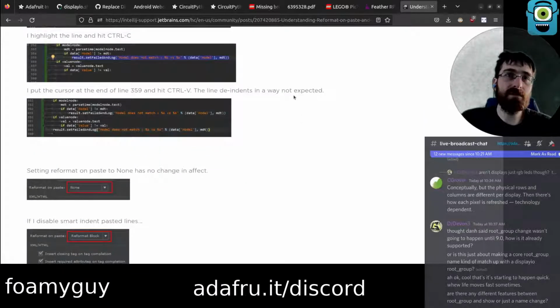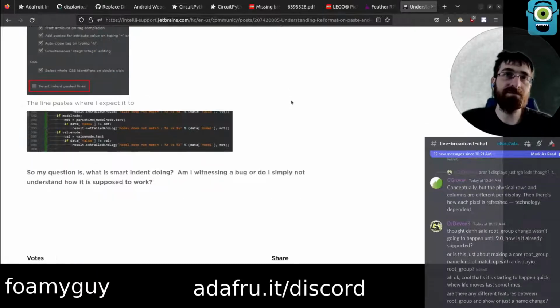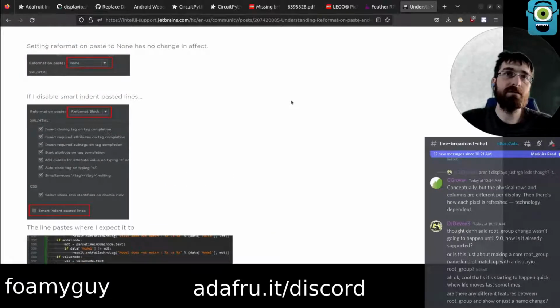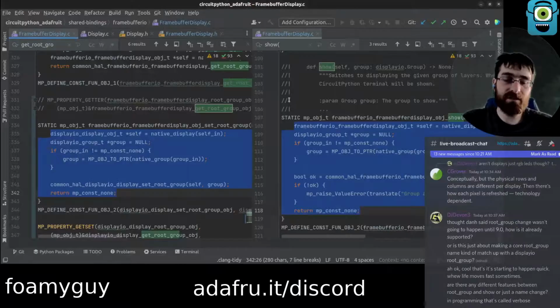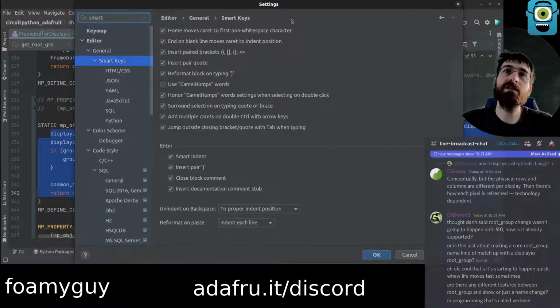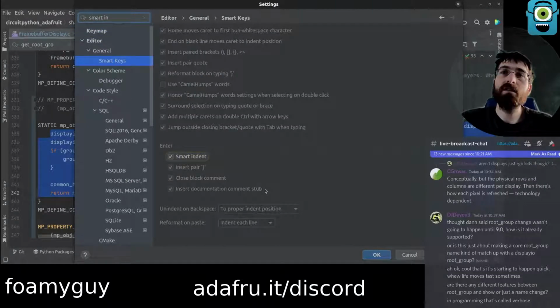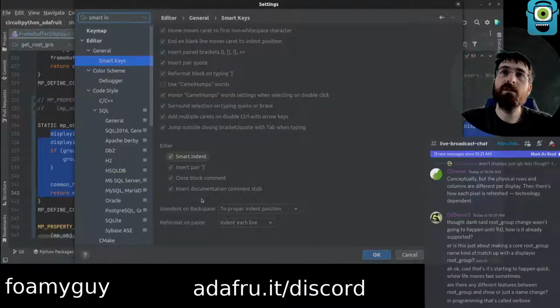Okay. Setting reformat on paste. Where did you find this reformat on paste? If I disable smart indent, the line pastes where I expect it to. One of the good things about this is the settings have a search. Smart keys, enter.